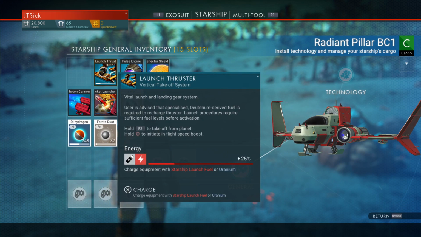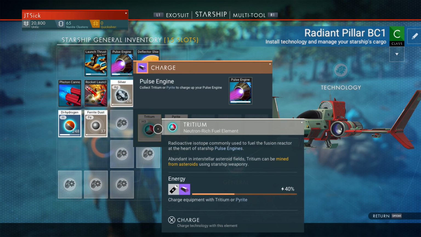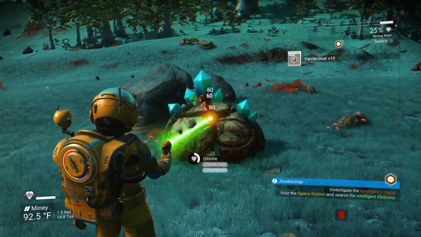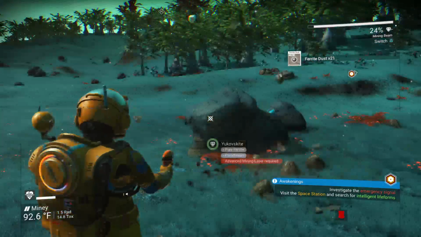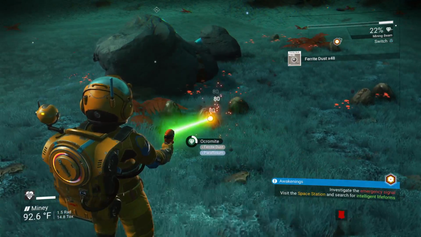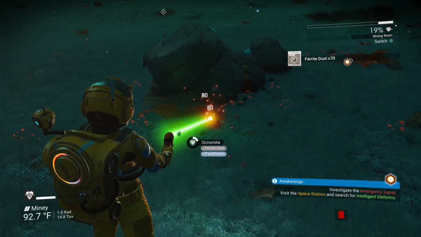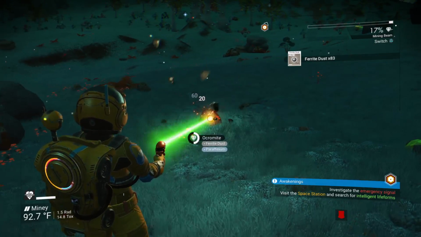So in order to even get up, the pulse engine, you can keep this going by using the tritium. You can get that out in space. So if you ever run out of pulse engine, you can just shoot some rocks and get that back. So that's not a big deal, but a nice fat 20 stack of those pulse charges. That's nice. So that's what I like to do before I actually go out. I like to have all that in order,